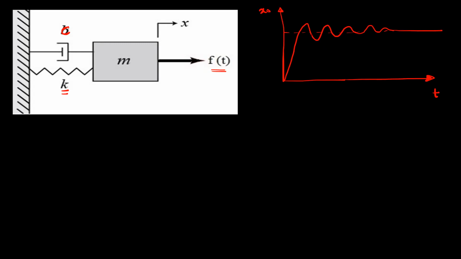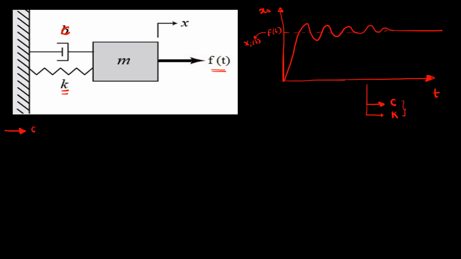This dotted line represents the step input. This step input may be the force value, that is f of t, or if you convert this force value in terms of displacement, then it will be the input displacement, that is xi of t. Basically, we will provide the step input to the mass in terms of force or displacement, and then we will observe its output displacement. From this graph, we will try to find out the damping coefficient C and the stiffness K for that system. This is called system identification.